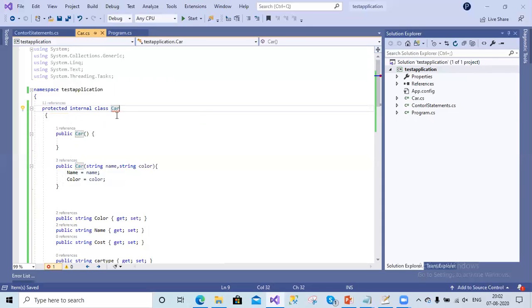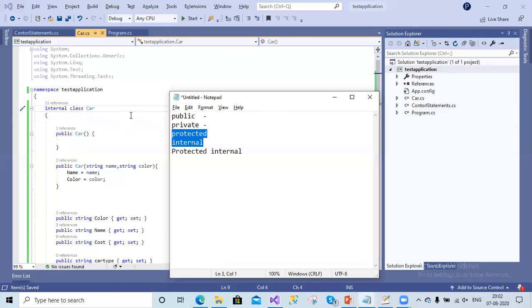Now see. Okay, fine. So whenever you give that protected internal access modifier, it will be used within the project as well as only for the children of the parent classes.